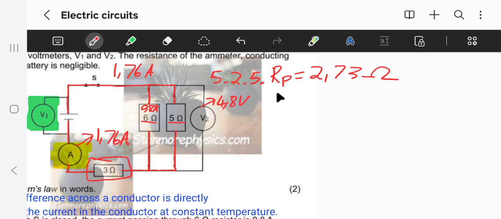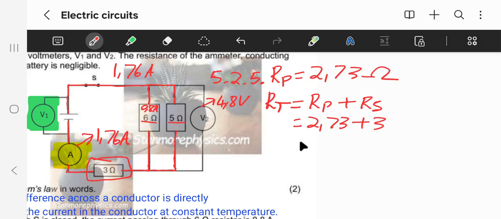So the total resistance is equal to the resistance in parallel plus the resistance in series. The resistance in parallel is 2.73, and the resistance in series is this 3 ohm. So we are going to add those two together. Our RP is 2.73 plus our RS, which is 3. All of these will add up to